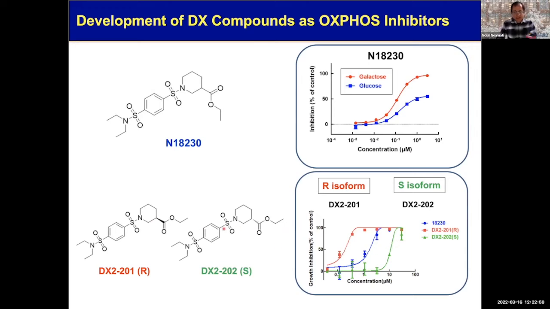So whenever you see this kind of difference just by only one difference really, so that you have an isomer that is essentially this group is above the plane and this group is below the plane. So we're really dealing with a very specific pocket on the target that this particular molecule is binding. So we were very excited with this compound DX2201 that we tested this compound in 90 different